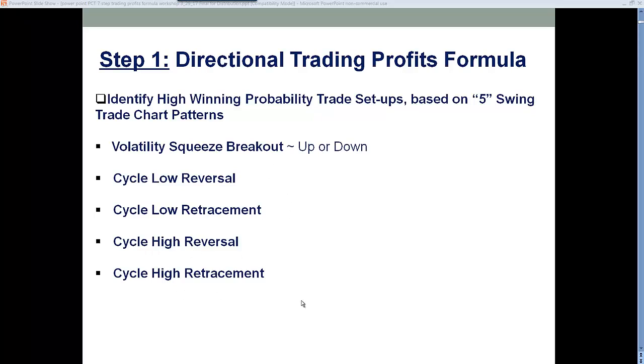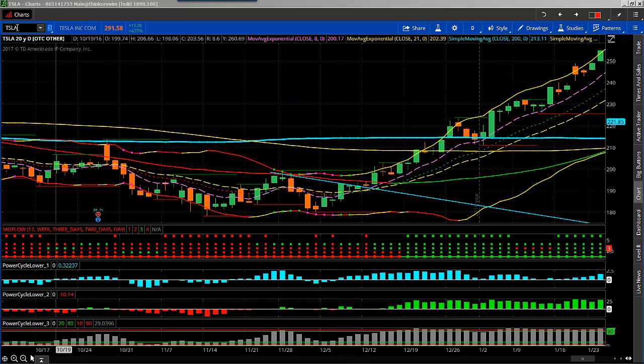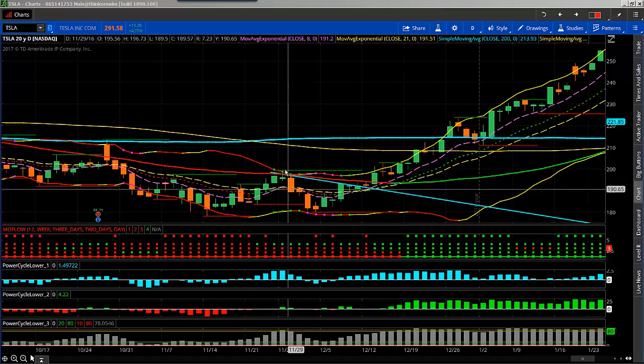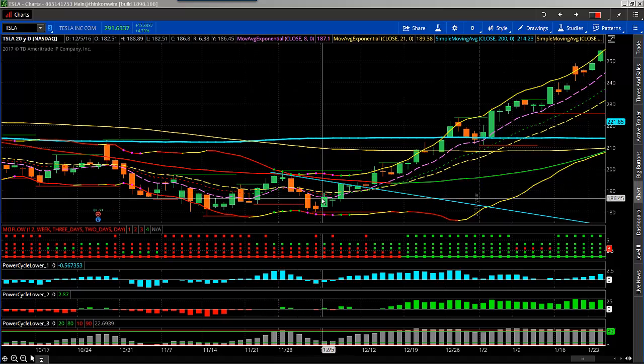So I'll show you these 5 different chart patterns so you get an idea of what I'm looking for, and these are the trade setups that I'm constantly looking and scanning for. Now this first chart pattern is what we call a volatility squeeze, and this is on Tesla. Now this squeeze is a consolidation phase where price tends to go sideways, coiling, looking to break out